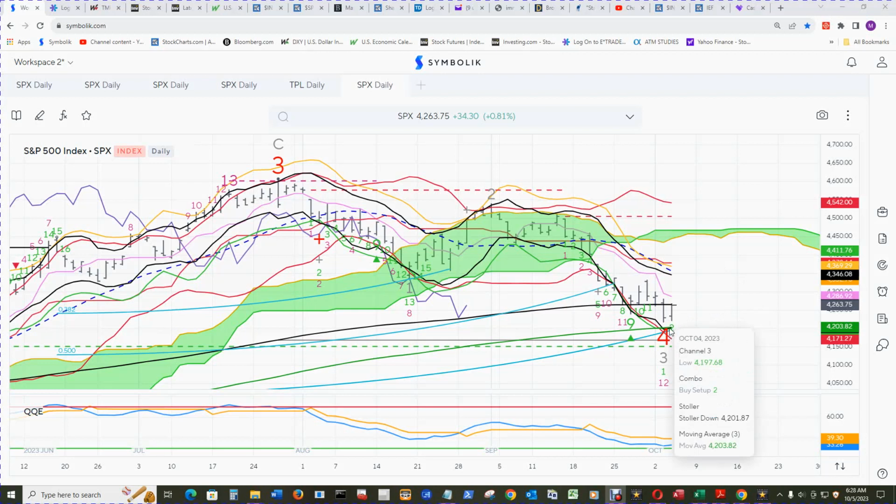And there should be pretty good support down here with the 200 simple moving average and the Stark band lower band at 4202 just about, and the channel 3 low at 4197.68, and it blasted down through those levels. And that's a real show of strength to the downside. And the Bollinger Band lower band is right down there,